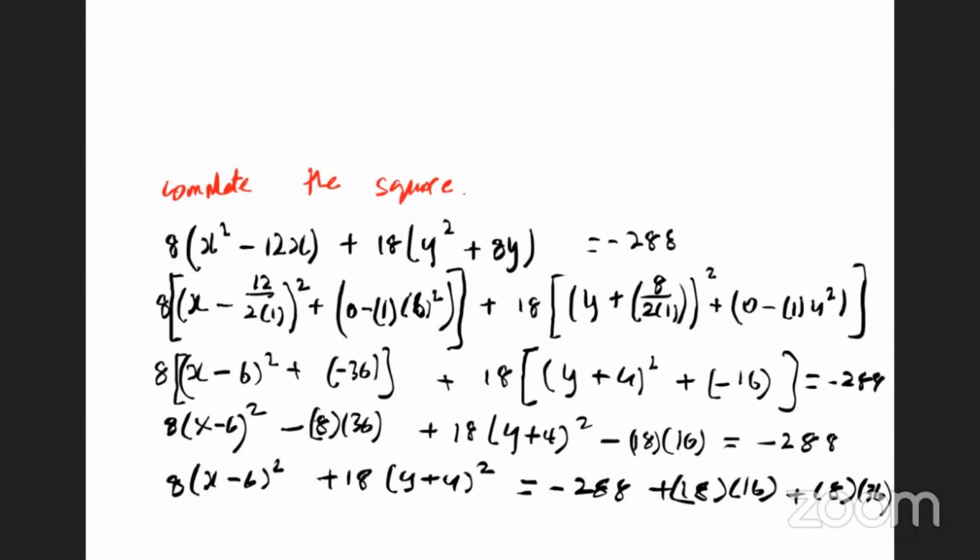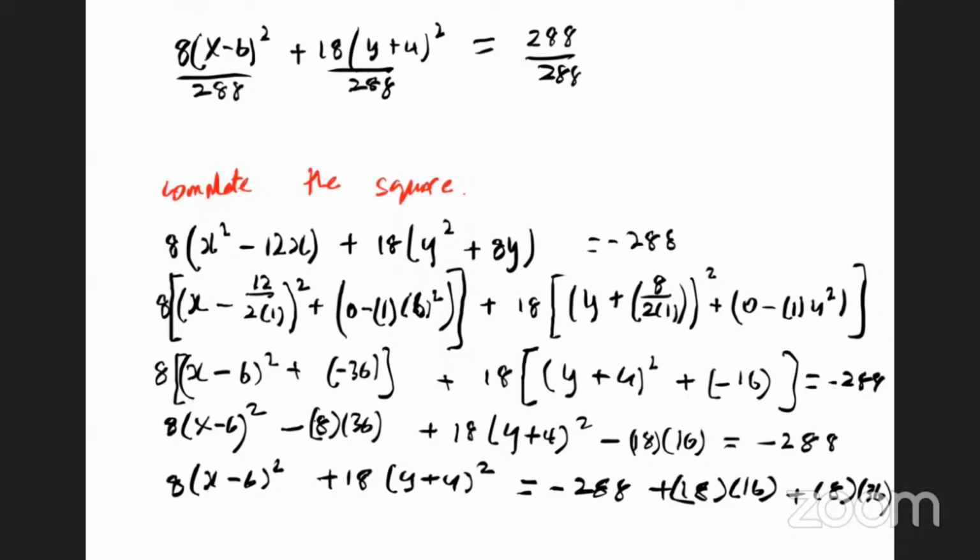All right, so the last part, write it on top. You'll get 8 by x minus 6 squared plus 18 by y plus 4 squared. When you work out the right-hand side, you're supposed to get 288, I think. Yeah, 288, nice. And now it might look a little better because if you divide everything by 288,